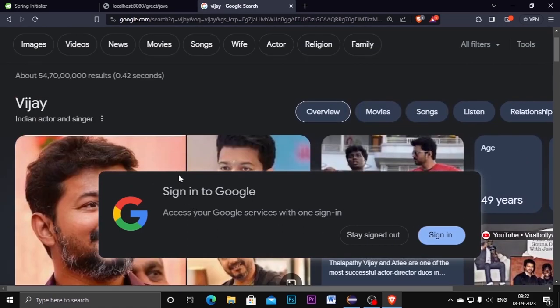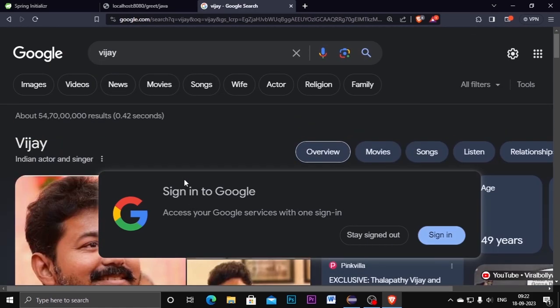Here the actor Vijay's details are showing, and see in the URL part, you will get the URL variable request. Whatever you are typing in the browser, all of it is handled by the search